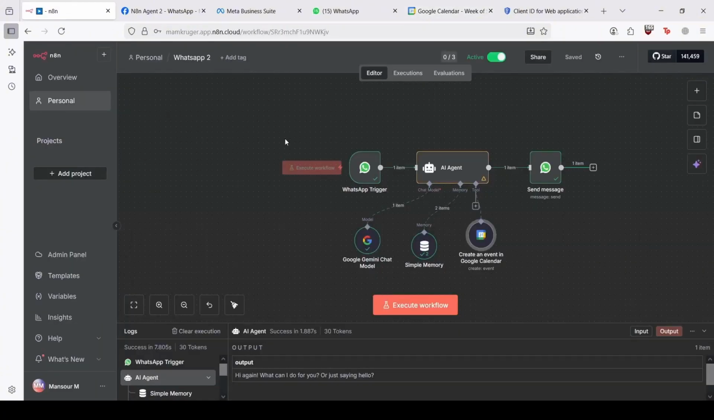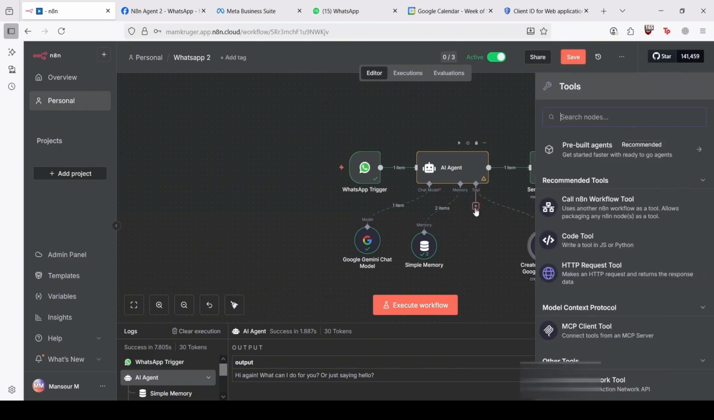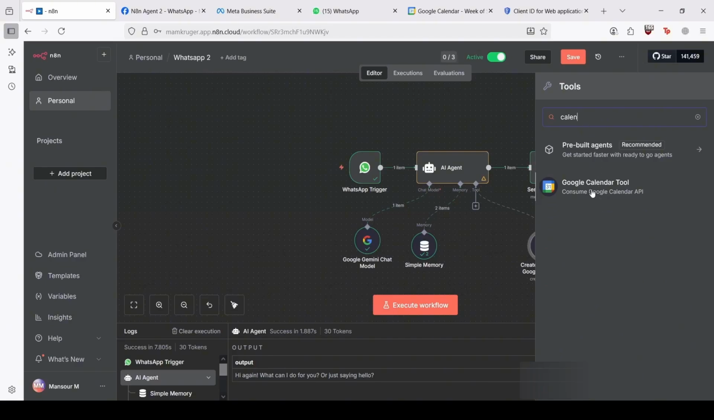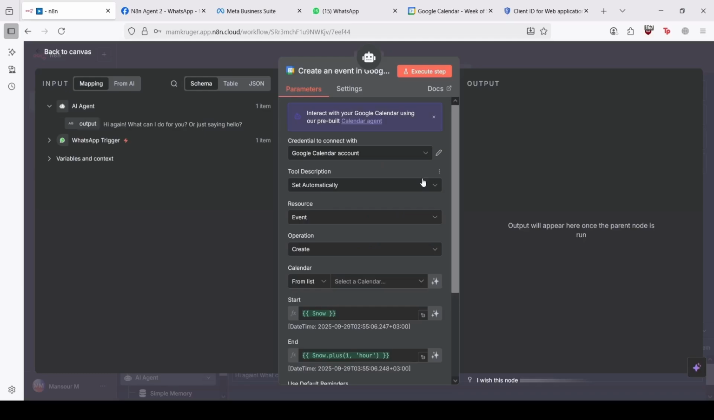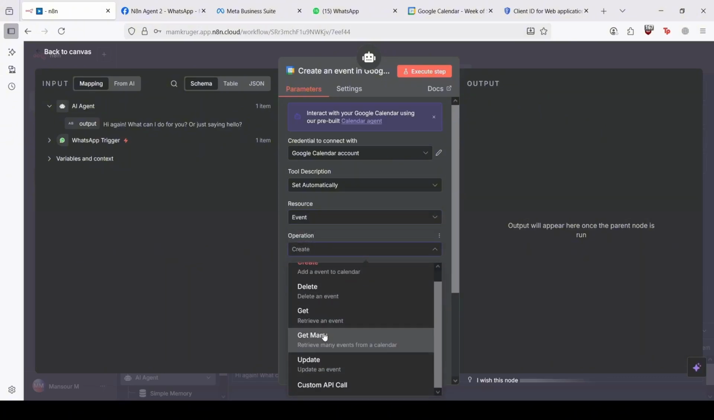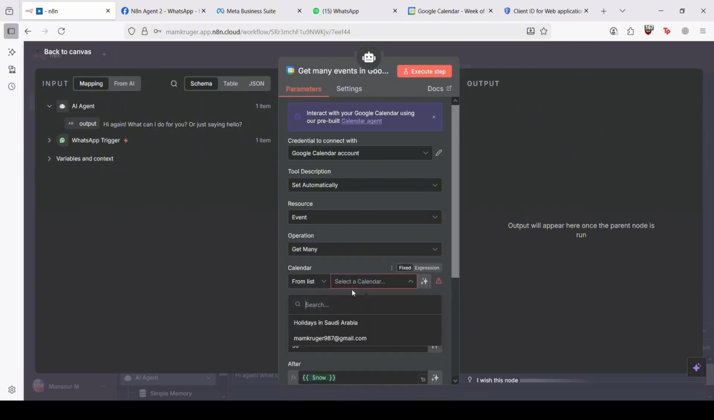So now we want to add a new tool. Let's take this one over here and add a new tool to be able to get all the events. Let's put calendar to get all the events from a calendar, so you can know what events you have, let's say, for tomorrow or for October 1st. So click on Google Calendar here. You want to select event, and here you want to get many. You want to choose the calendar,